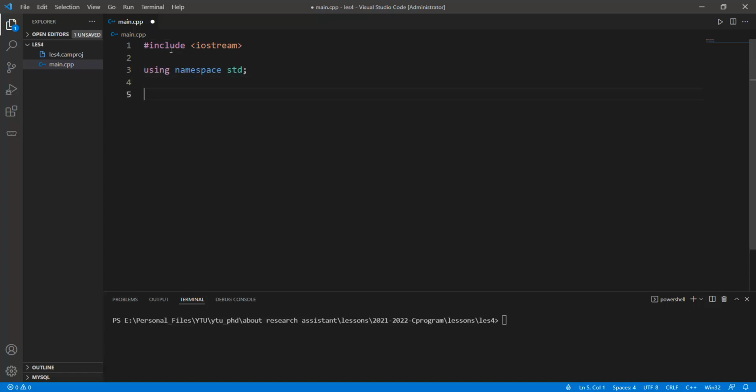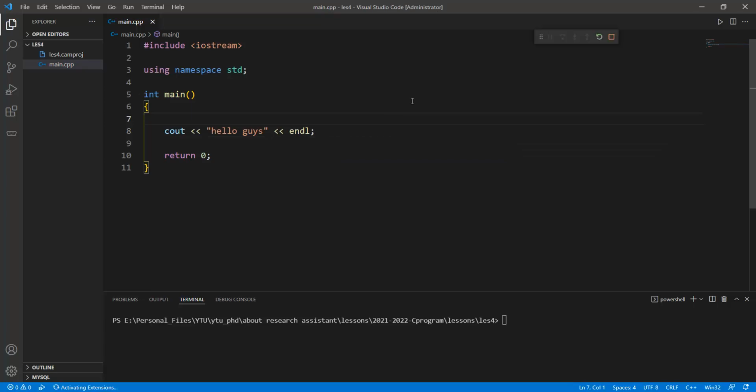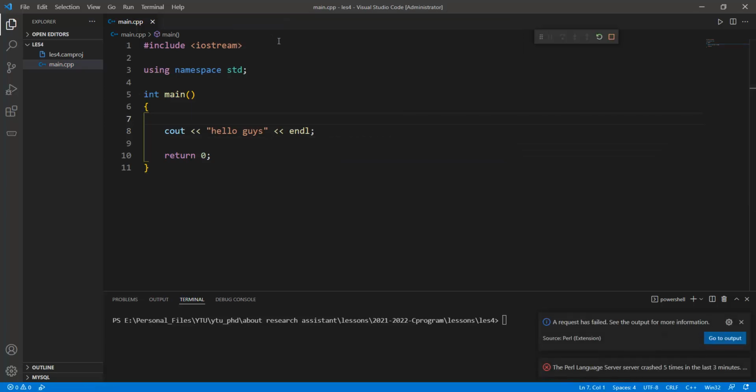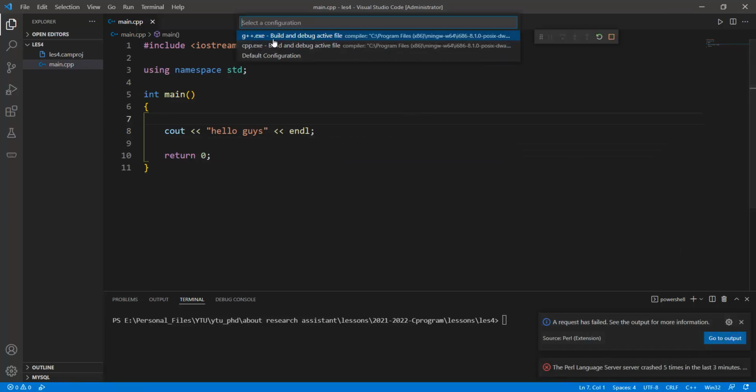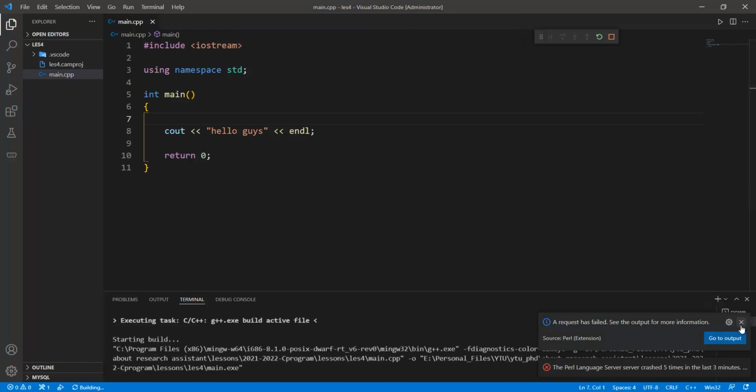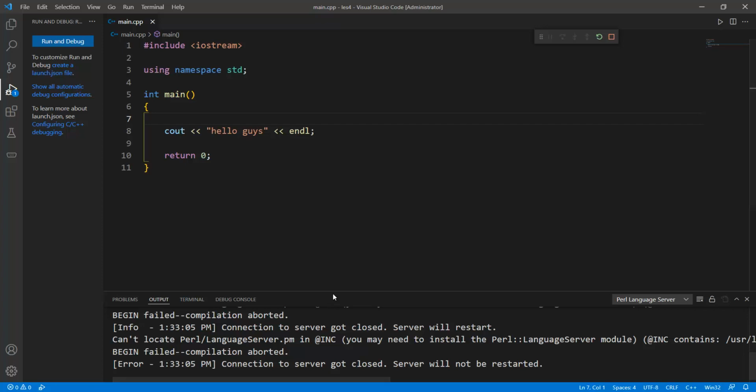Okay, so firstly, I can check my program by adding the main function body into the code, with return 0 and cout hello guys at this moment. If I push the Ctrl F5 button, the C++ GDB compiler is selected, and g++ should be selected because we compile C++ code in this session. Okay, and so if I run this code,